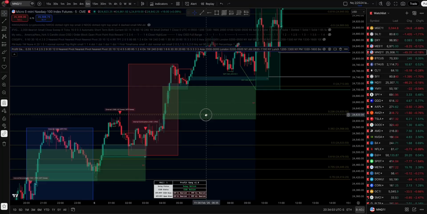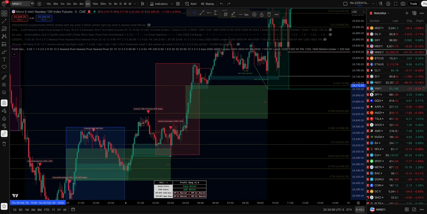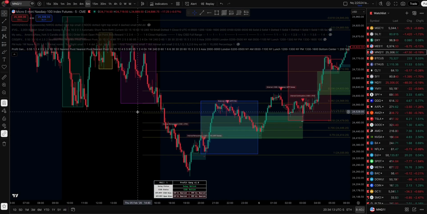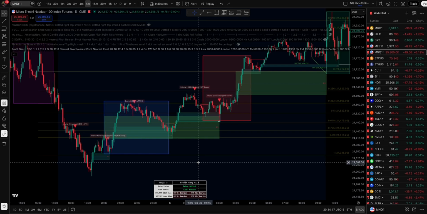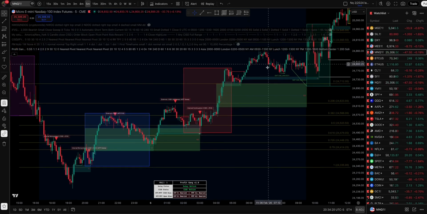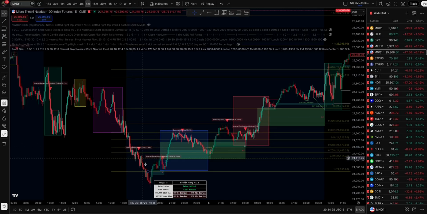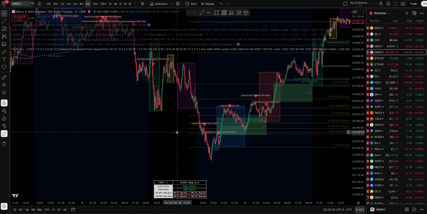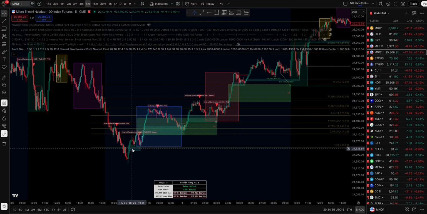And personally I don't really use those too much, just because you don't really catch reversals, especially after the huge dump we had last week. You wouldn't have caught any of this reversal. So it's good for swing traders, and you really want to be entering at the right places. If you're entering so low in discount after a huge dump down, that's obviously going to hurt you, especially if, let's say, you shorted here. You won't get much of a move unless you target the equal lows or the entry in this fair value